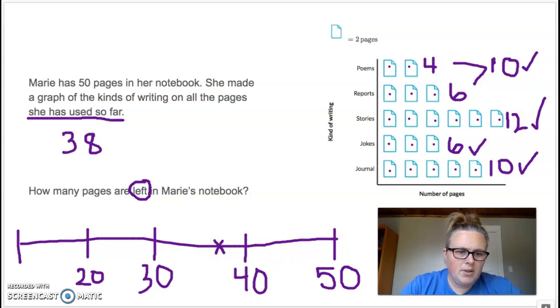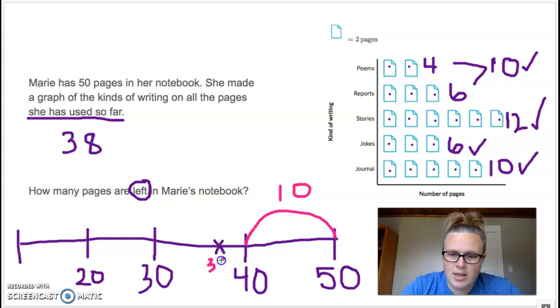So let me change my color here so we can see it better. I know that if I start at 50, because that's how many pages she had in her notebook, and I go backwards to 40, that's going to be 10. And I know that this is 38, so I know from 38 to 40 is 2. And I know that 10 plus 2 equals 12. So she has 12 pages